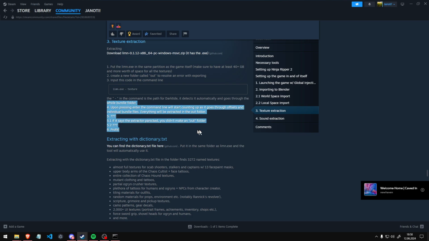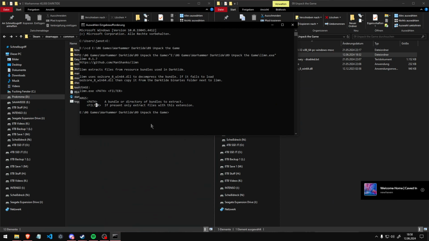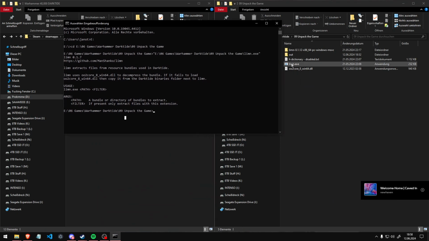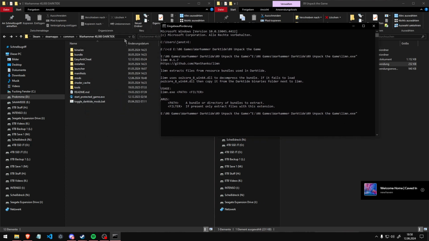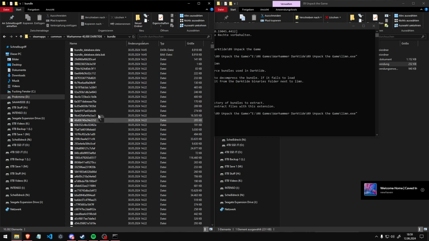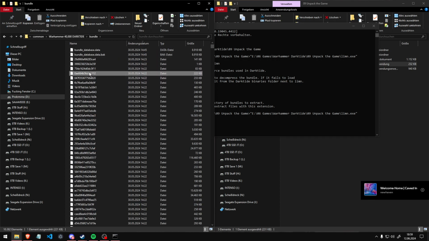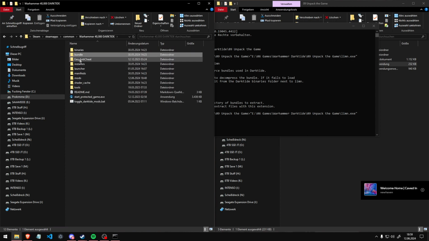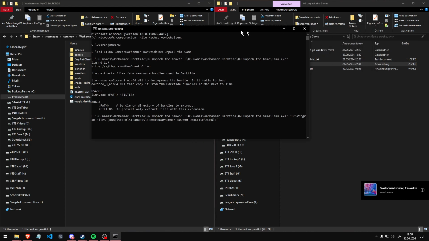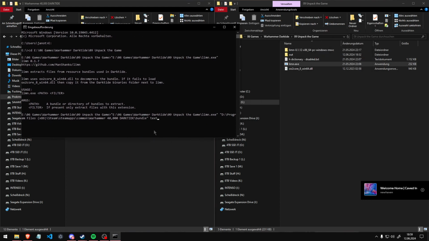So, well, this is kind of the entire thing about it. So I'm just gonna go ahead, slap this in here, make a space, then I'll just go in here and in the Warhammer 40k Darktide folder, there are all bundles in the bundle folder. Just imagine these bundles are also folders, so you could technically just pick one of those and slap it in here. But I will just take the entire bundle folder, put it in here, and because I only want textures, I will just type texture after it. Correct? Texture or textures? Texture. Alright, so, and when I press enter,